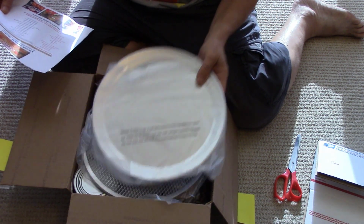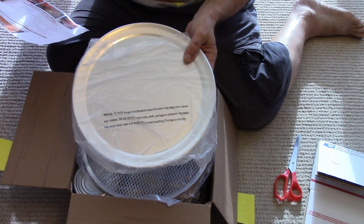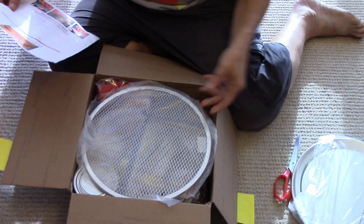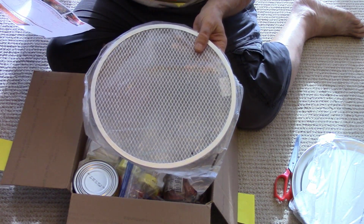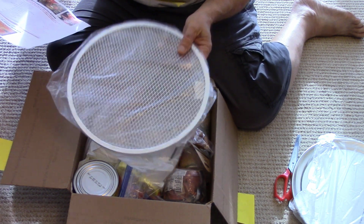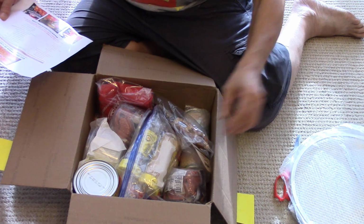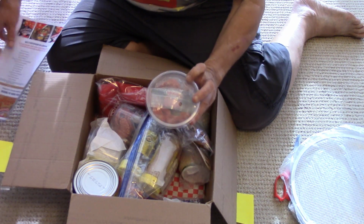And there's a pizza serving pan, pizza baking screen. I haven't used one. I usually use a baking steel, but maybe I'd give it a try. Okay, also, oh yes, here we have